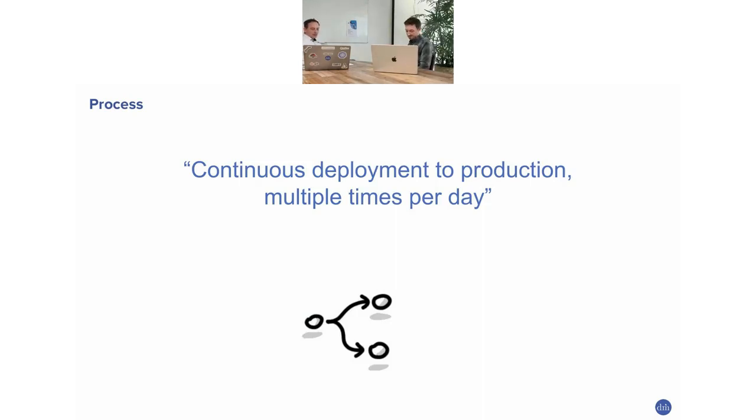Yeah, indeed. And this is contentious because we see a lot of organizations that just tell us, look, our last release was horrible. We had outages in production. We need to roll back. It was a terrible experience. So this time, we're not going to go faster to production, definitely not multiple times a day. We're going to do the reverse. We're going to put some more processes in place, some more checks, so that we know for sure that the next time we release to production, it's actually going to be a stable release. But you say the opposite here, continuous deployment multiple times a day. How does that fit together?